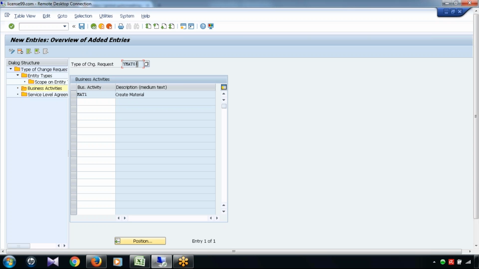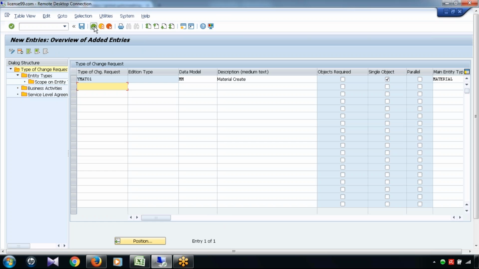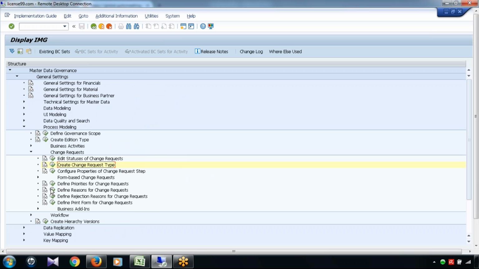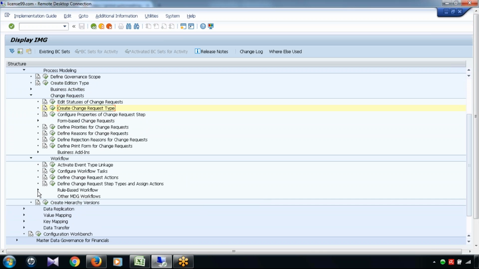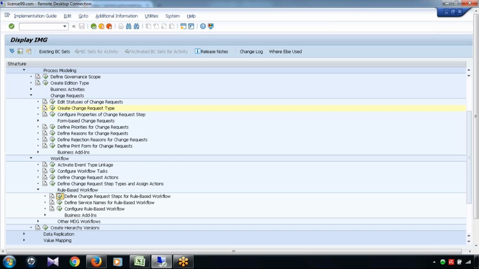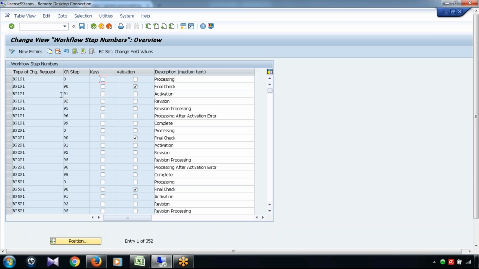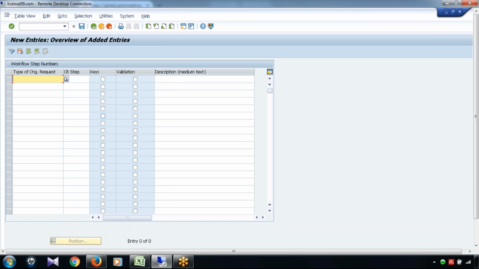So in this system I'm creating a YMAT01 change request type, because based on that I will create the workflow steps and the rule-based workflow. First I have created the change request type, and then going down, rule-based workflow, and define change request steps. So here YMAT01,